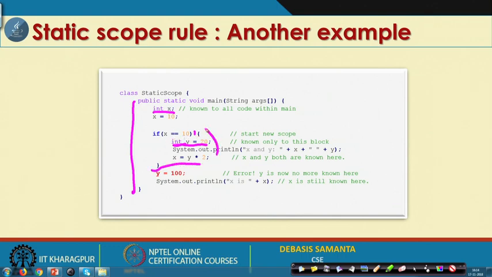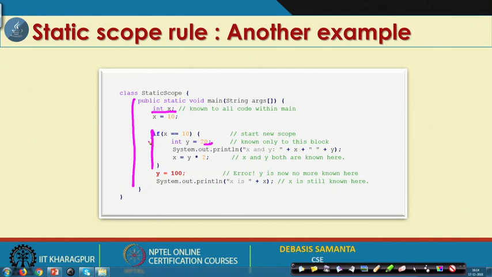So, the two variables which we have declared have two different scopes. x has the scope of the entire method, whereas y has the scope of this part only.